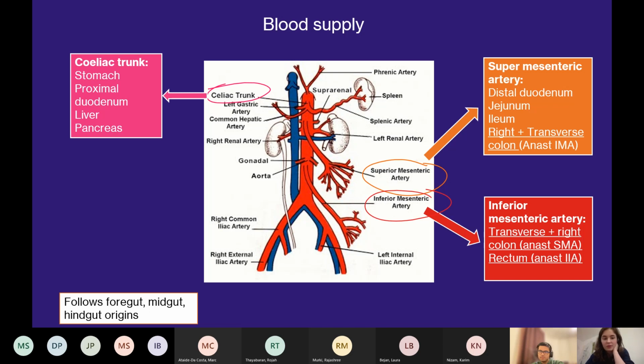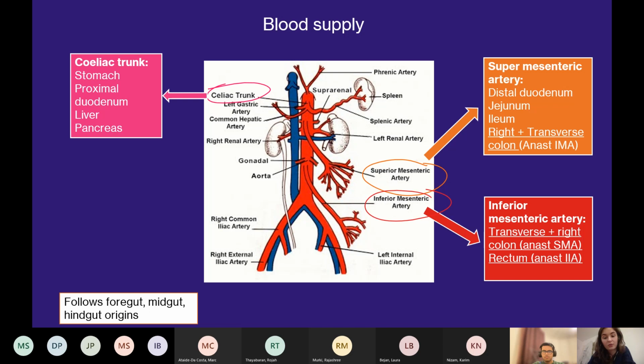So in that order, we've kind of got to the proximal duodenum. The superior mesenteric artery kind of does everything down to the transverse colon after that. So if you've got any kind of ischemia to, for example, the jejunum, you're thinking about a pathology of the superior mesenteric artery as the source, either an embolism or atherosclerosis. So it is definitely something to think about. It does govern